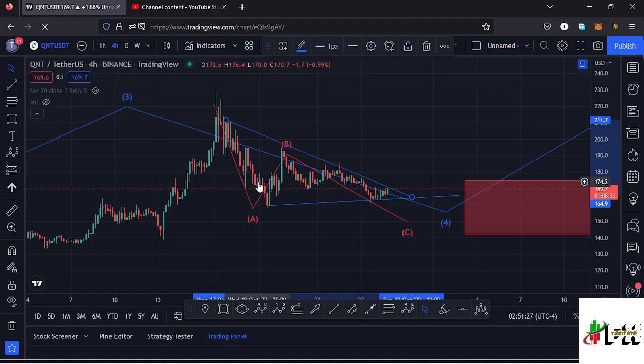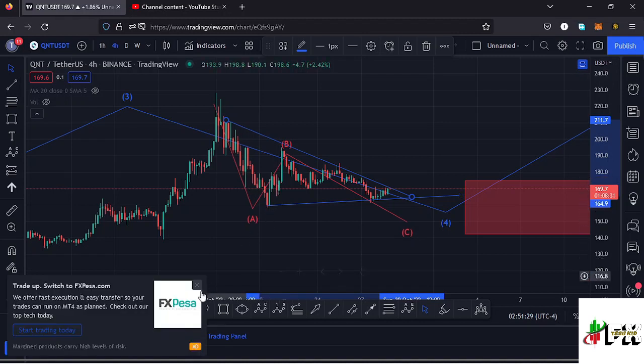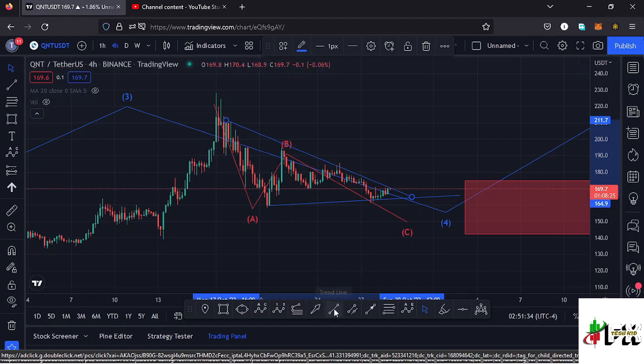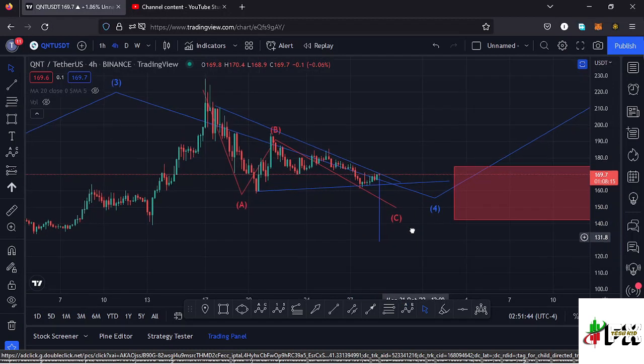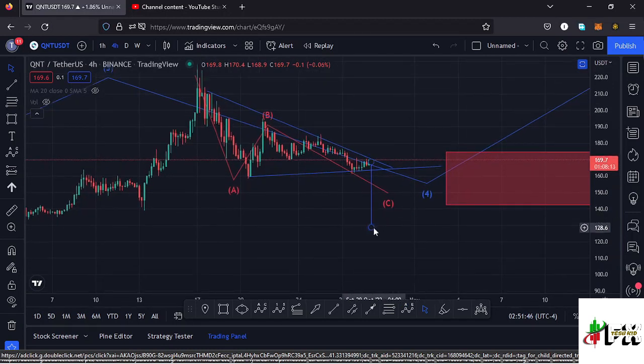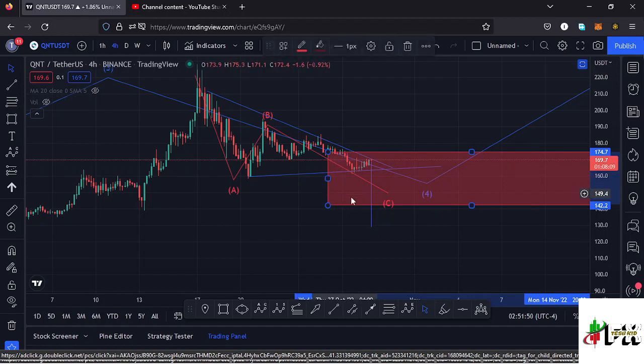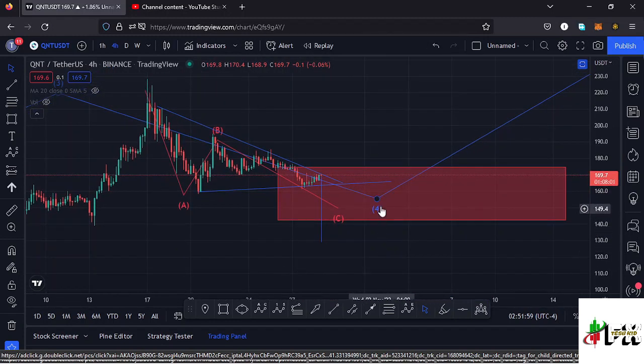a breakout to the lower side, and the minimum target area of that breakout still remains to be the height of that triangle. So using a trend line, we can get that height and then place it down here at the apex of that triangle to give us a minimum target area back to around the $128.6 mark. But in case we see a breakout and we fully maximize this target area in the formation of a wave 4 and get back to around the $142 mark, then I'll be confident that the low for that